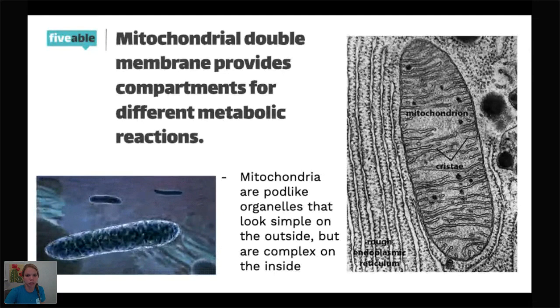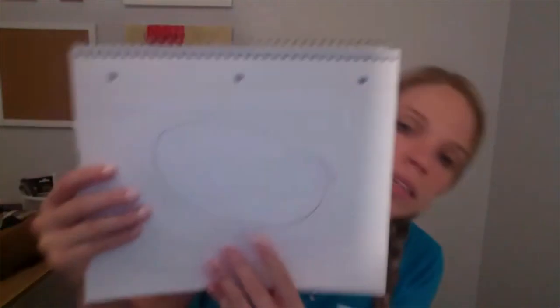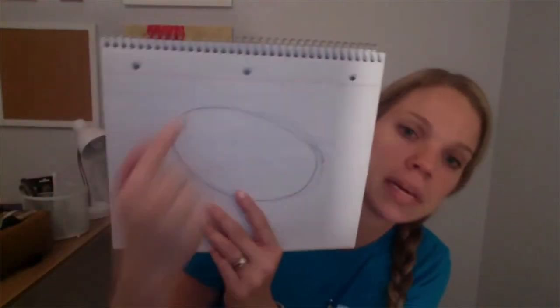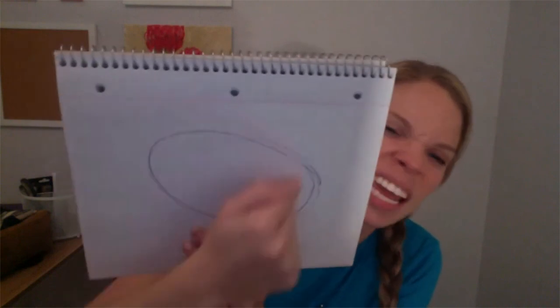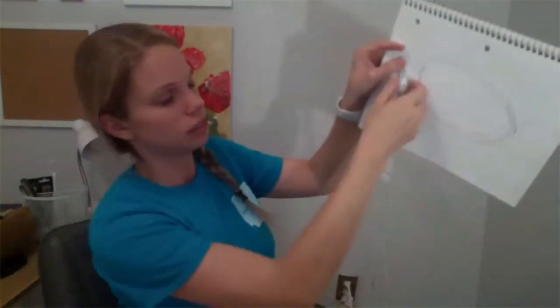So I'm going to turn off screen sharing for just a sec so y'all can see this. Okay. So let's say my mitochondria was just a circle. This is my mitochondria, just this plain little circle. That's all it is. I could take, because I'm prepared, a measuring tape. Here I am, I'm ready to go. And I can go around because I have this flexible measuring tape and measure the circumference of